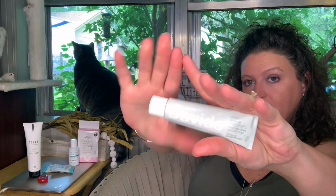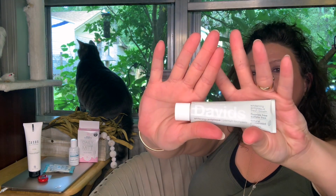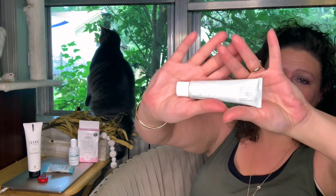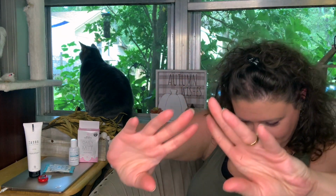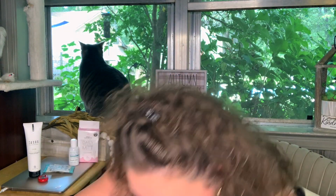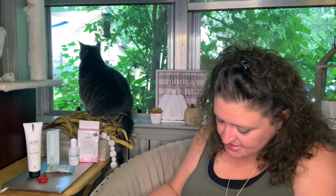Toothpaste, which is hard to read for me, so I don't know if this is gonna show. Yeah, that's my day. That's the day I've been having, y'all. All right, toothpaste. And last in the box